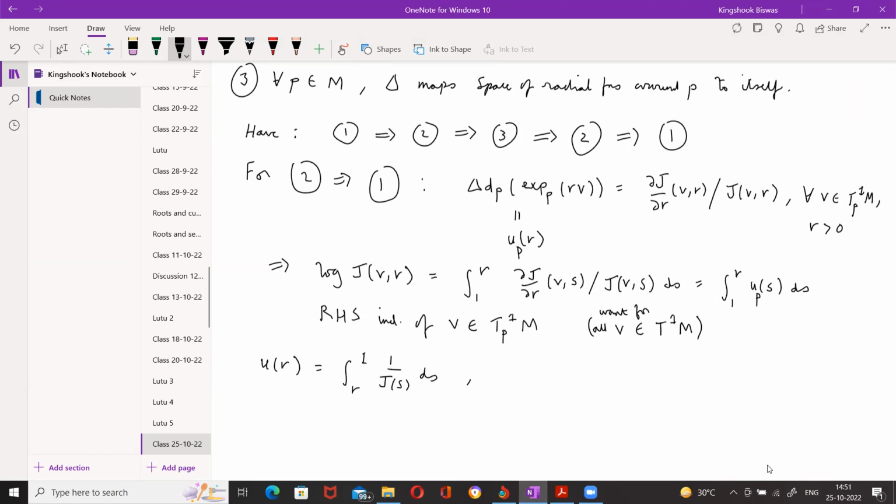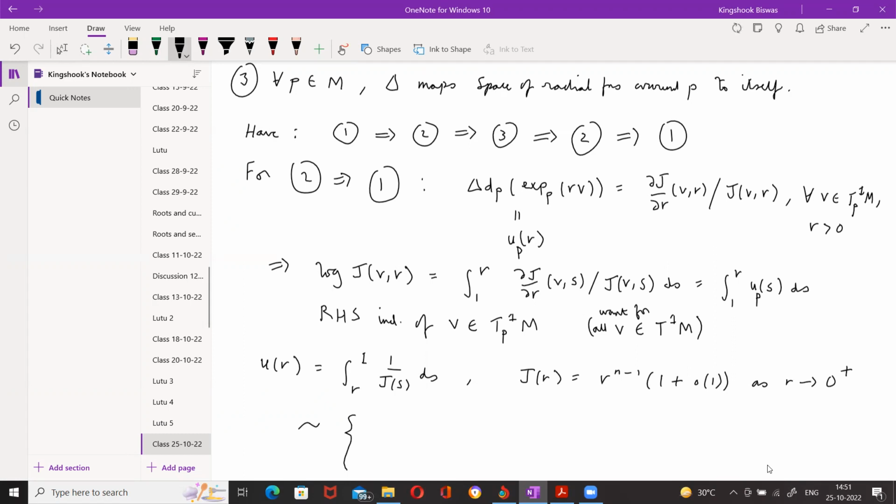Now j of r is r to the n minus 1 times 1 plus little o of 1, as r tends to 0. So when I integrate, that means this is going to look like,